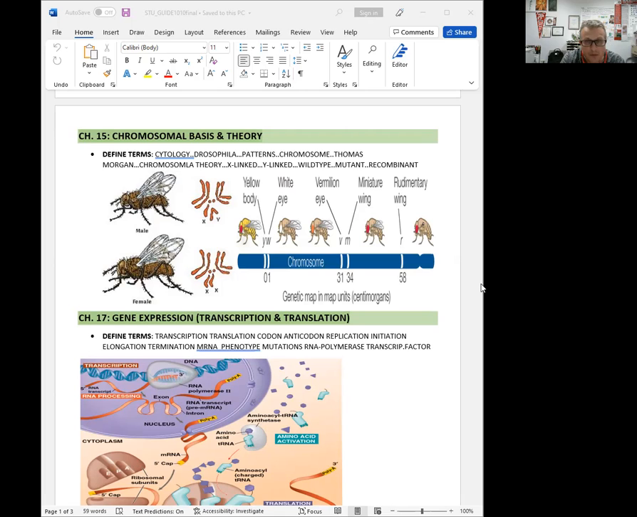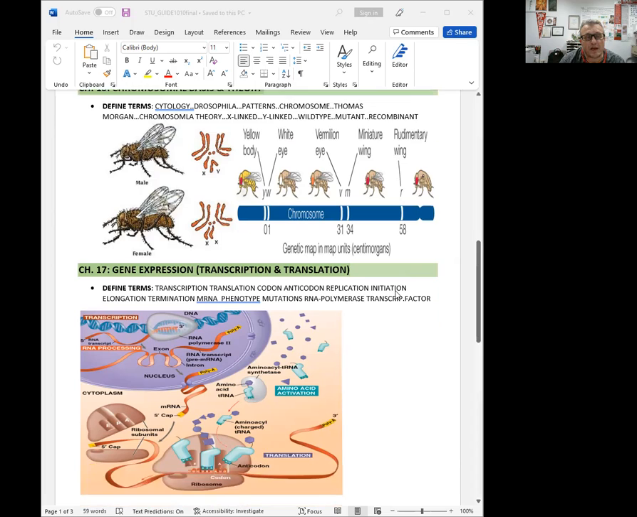Alterations in number and structure of chromosomes, such as deletion, duplication, translocation, and inversion. Make sure that you review these. Aneuploidy, like trisomy or monosomy, or polyploidy, which we see in plants like strawberries. Make sure that you cover that too. And the next chapter is